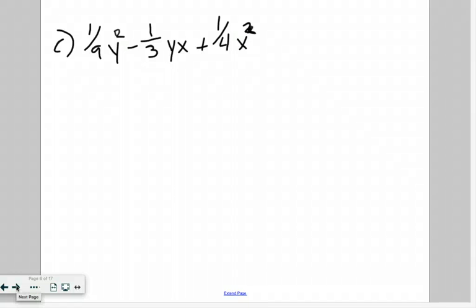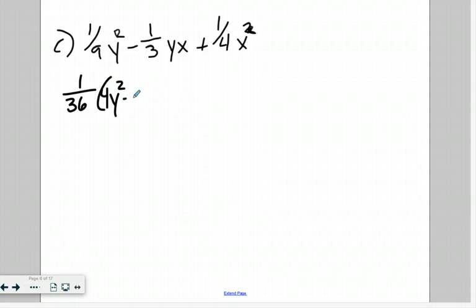And we'll just do one of the other examples here. Let's take a look at C. Okay? So here, if we have 1/9 y squared minus 1/3 yx plus 1/4 x squared, again, that looks a little bit challenging, but first let's take out essentially like a common factor, okay? So each of these things, if you looked at a common denominator for 9, 3, and 4, you'd actually get 36. And you can actually factor out that fraction of 1/36 and be left with 4y squared minus